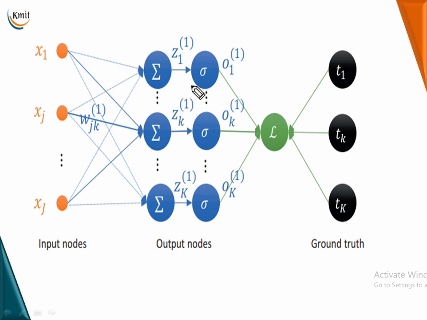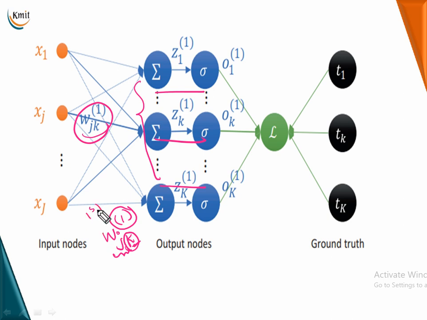But now we have got a large number of neurons here. It's no more a single neuron model, right? So that's how we write a generalized term here to represent our weights, which is W, J, K, and over there you have a superscript of 1. So J is the jth input node that I am talking about. K is the kth output node because I have now more than one neuron. I no more have only one. I have k number of neurons, so I'll have k number of outputs. So J represents input nodes, K represents the number of output nodes or that particular output node, and this superscript of 1 represents the first layer that you are discussing.